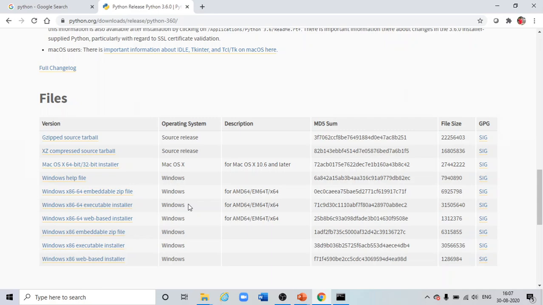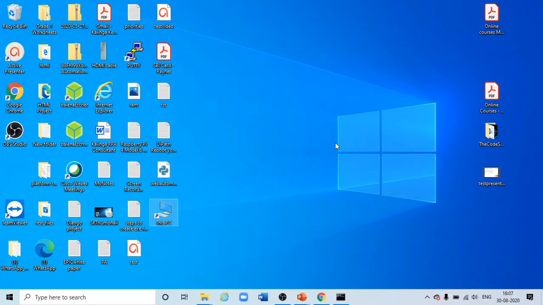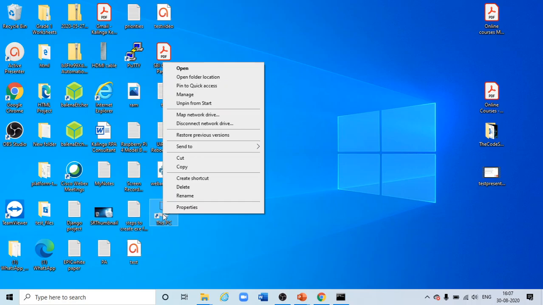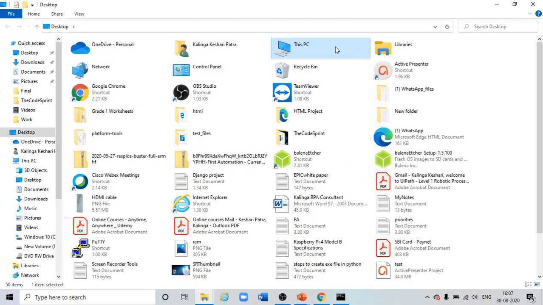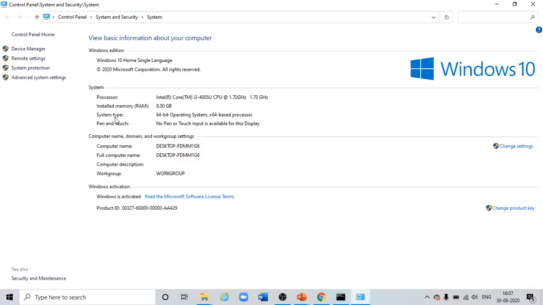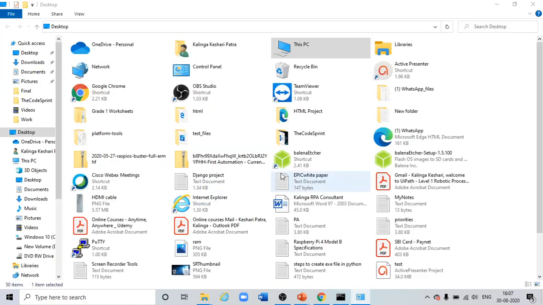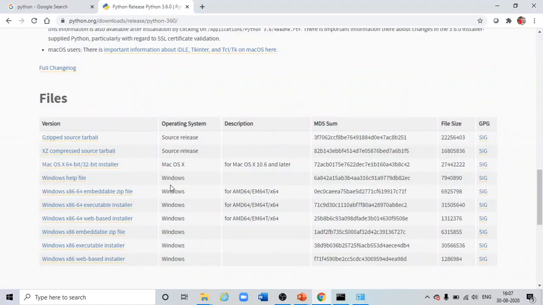If you are not sure about your operating system and whether it is 32-bit or 64-bit, then you can do one thing. You can go to My Computer or This PC, then just go to the properties and you can see that my system is 64-bit. So I'll select the 64-bit option from here, 64-bit executable installer.